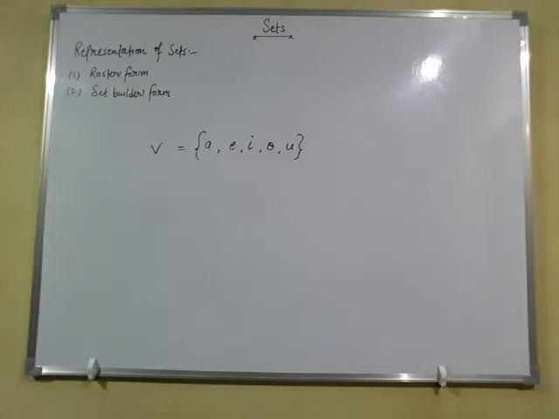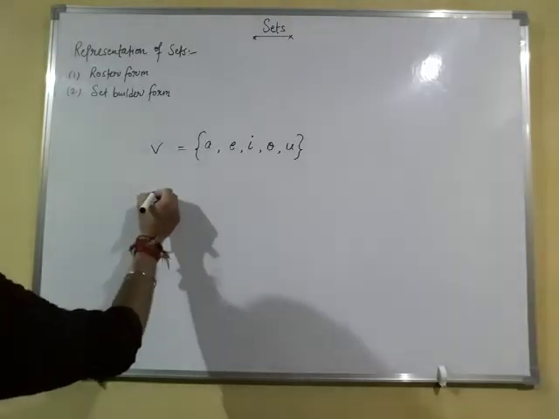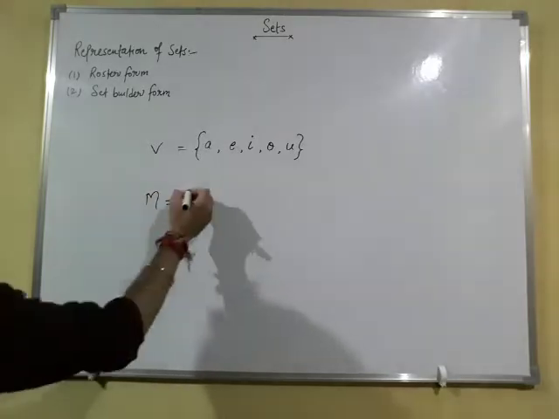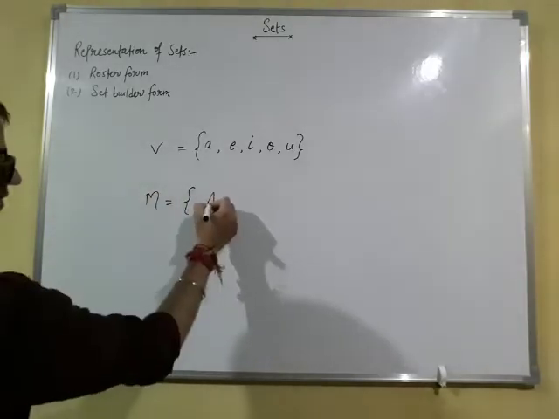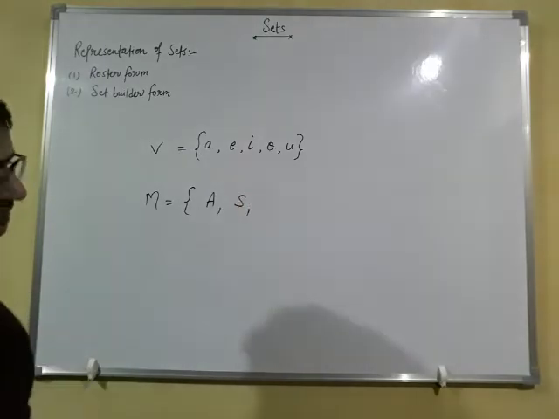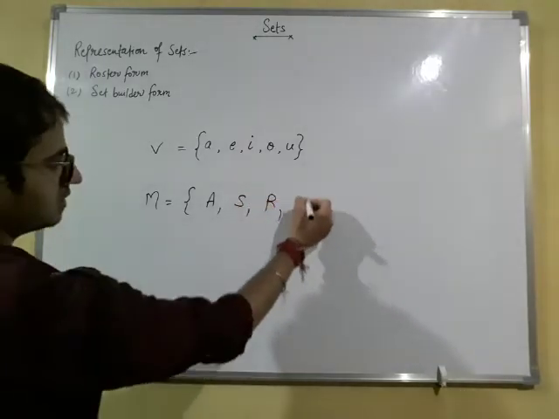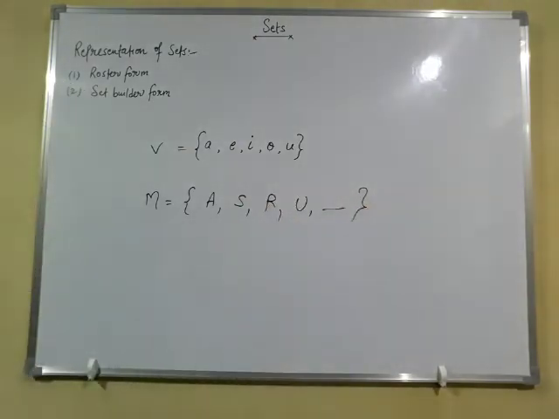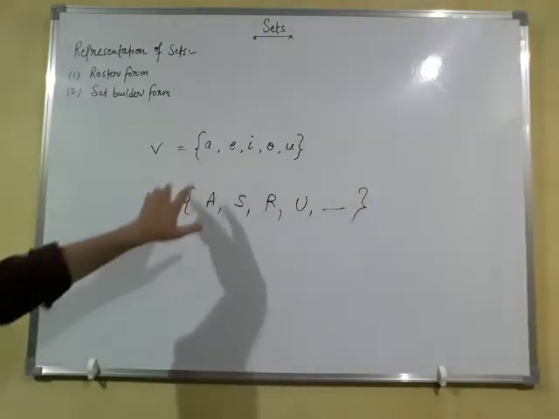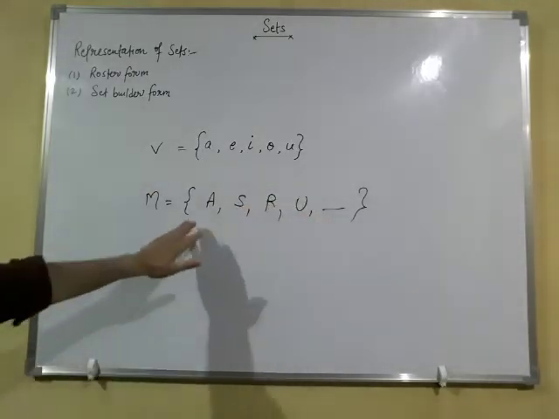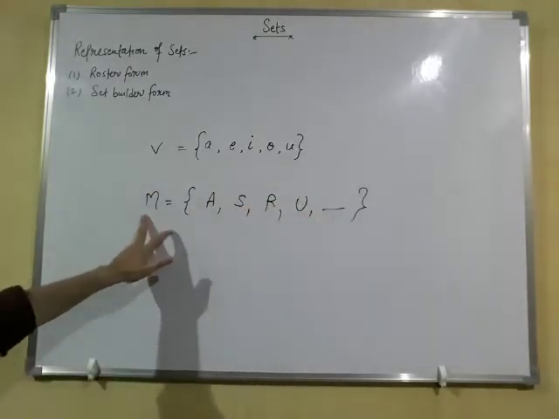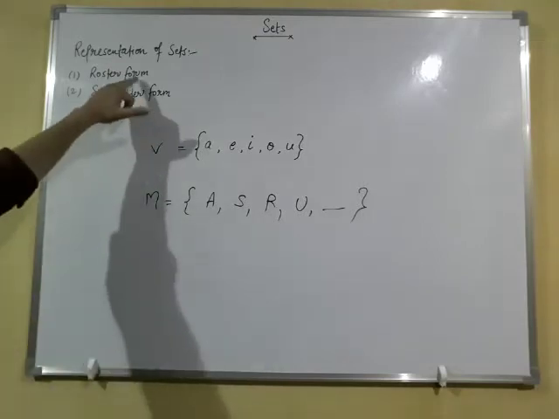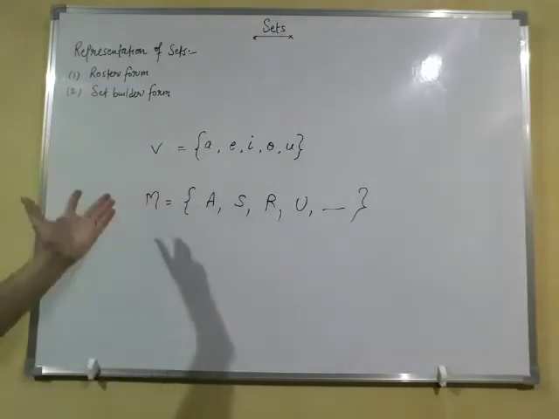Suppose in our previous video I have written the names of the students of class 11th who have taken maths as a subject. So I represent that set by capital M, and the names were Avnish, Sarvendra, Ramandeep, Ume and so on. So these names were separated by commas, enclosed in braces and equated through a capital letter of the English alphabet. This is all about the roster form of a set.